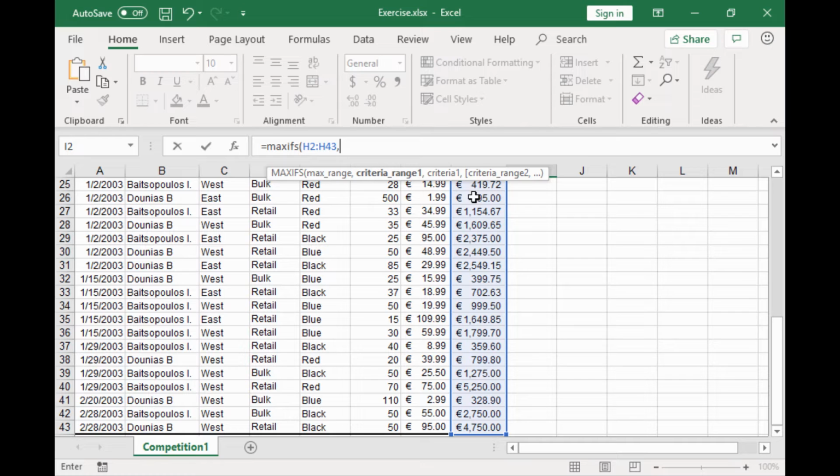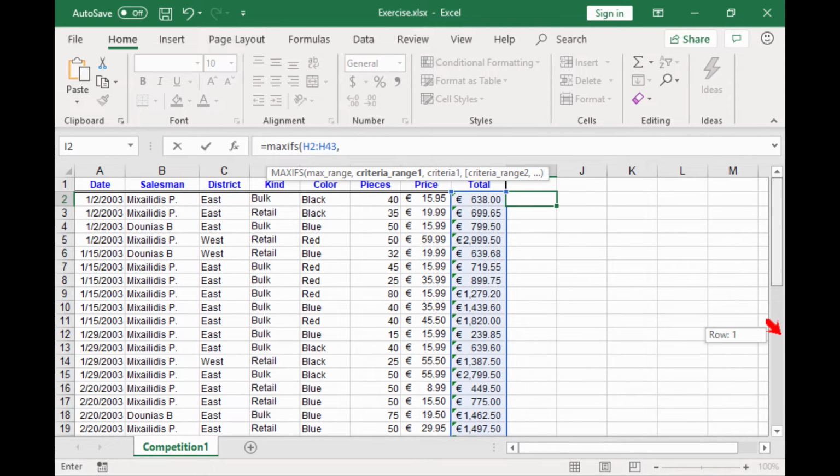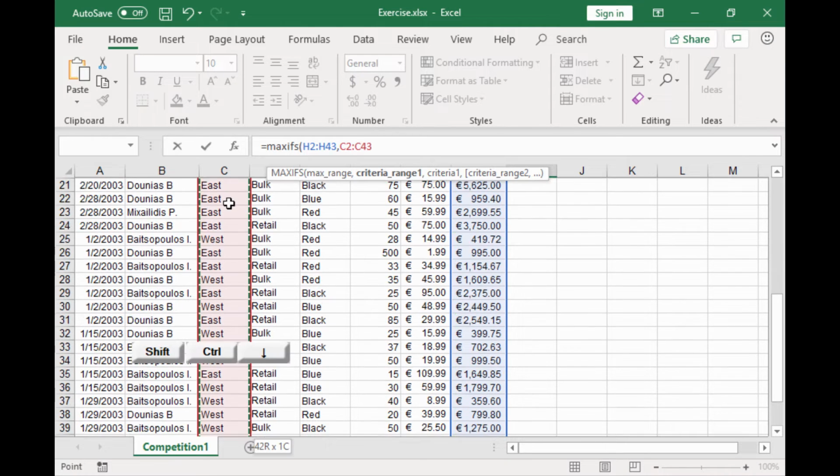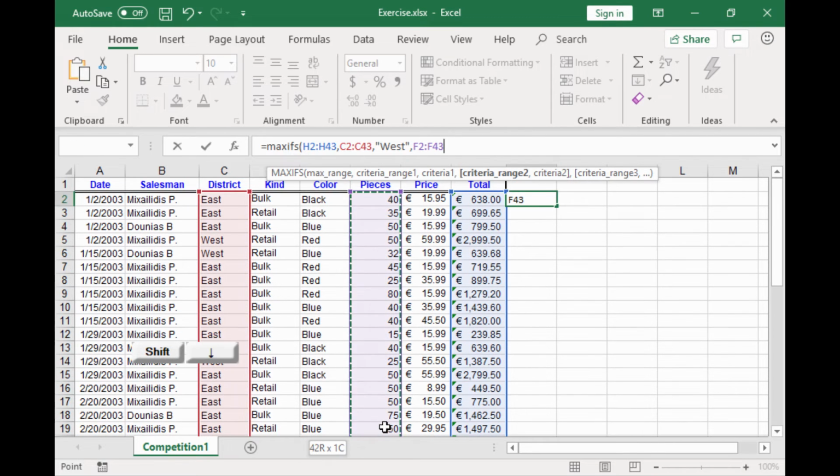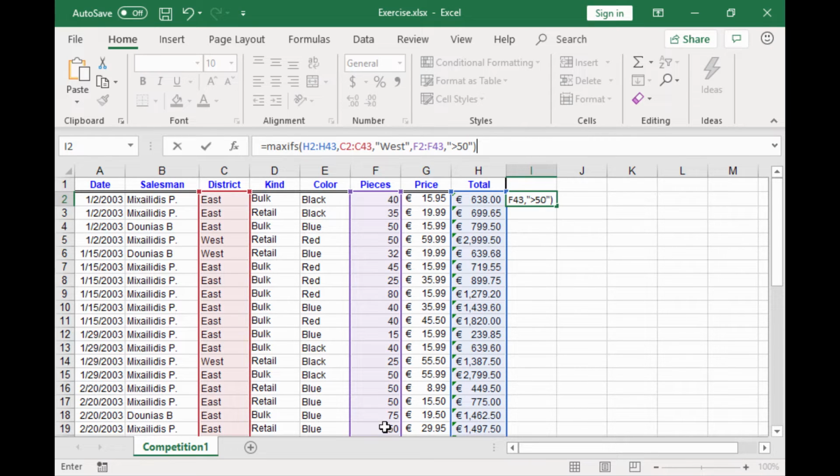Then, we type the pairs of criteria ranges and the criterion each one of them has to fulfill. We hit on enter and we have the required result.